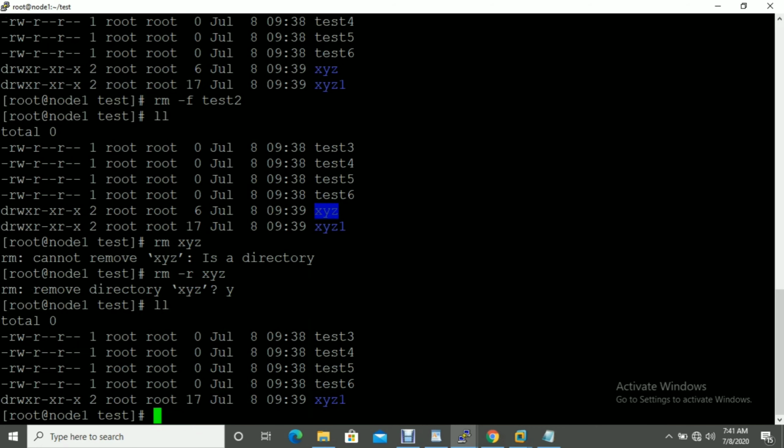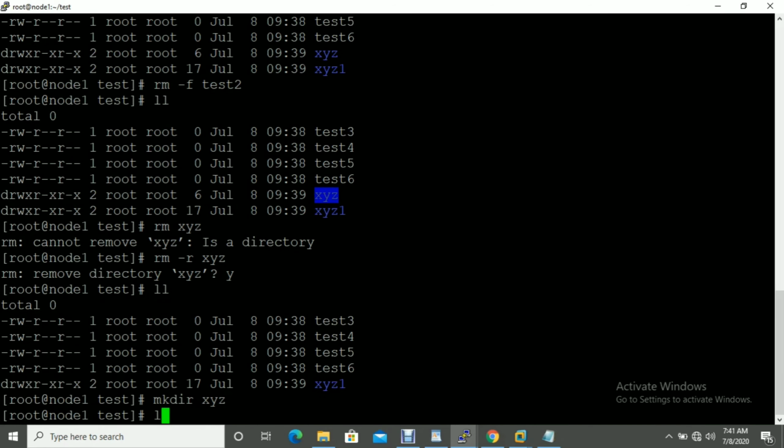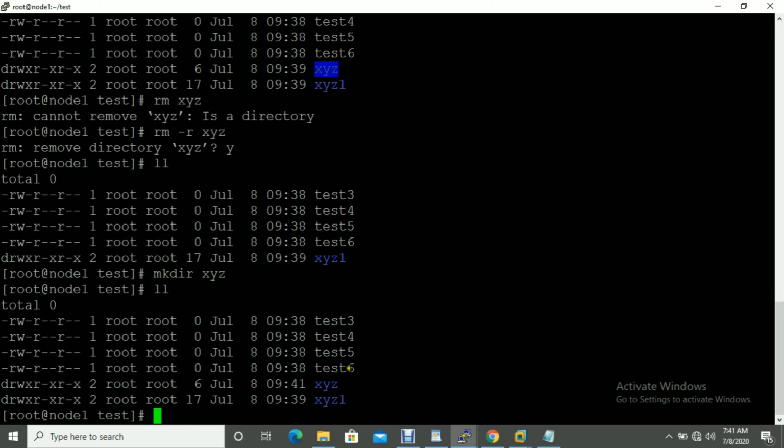Let me create one more, mkdir xyz. Okay, created. When we use rm -r xyz, it asks whether we want to remove it, we give y, and it deletes. Now suppose we don't want the system to ask, with no manual yes or no input. Then we have to use rm -rf.